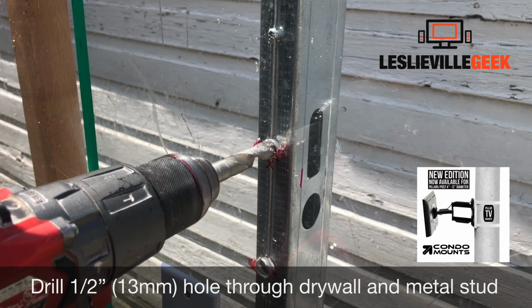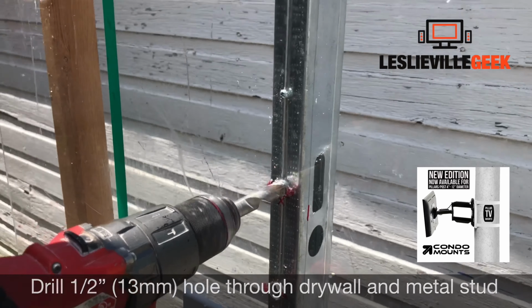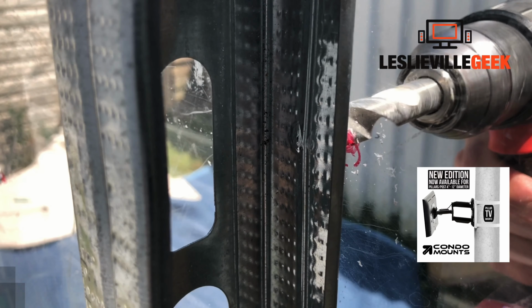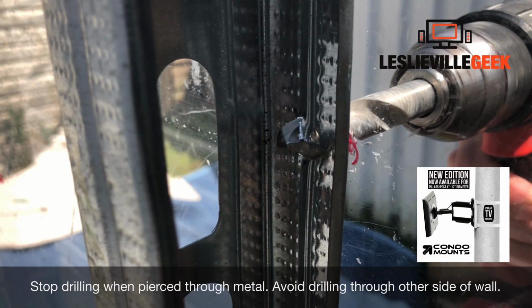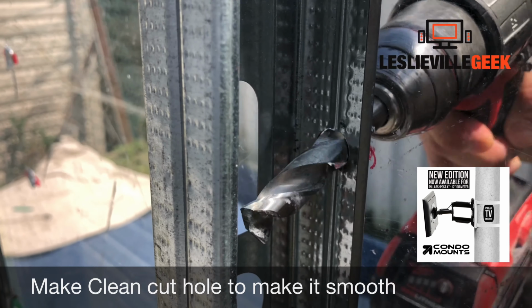Now the next step is drilling into the metal through your drywall. Hold your drill strong so that you can get a nice clean cut into the drywall and the metal stud. And once you're done with that, you just want to give it a clean sweep so you get this paper